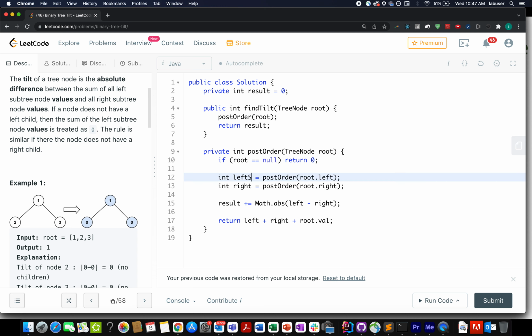So let's call it left subtree sum. Let's call it right subtree sum. And let's take the absolute difference between these two. And let's add it to the result. In the end, what we are going to return is left plus right plus root dot value, because this will be used for the next progression in the post order traversal.